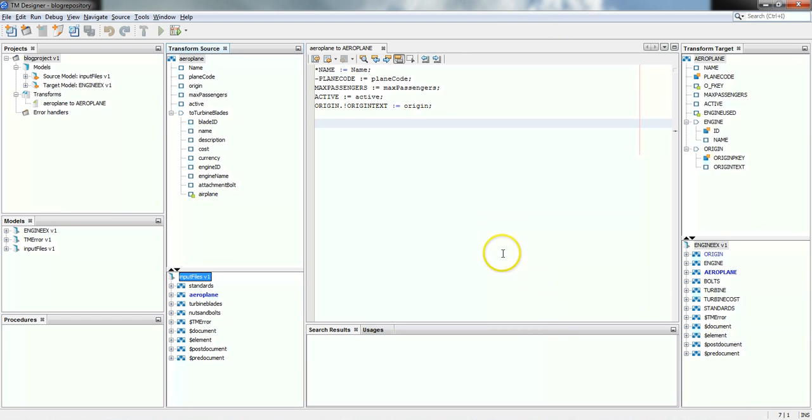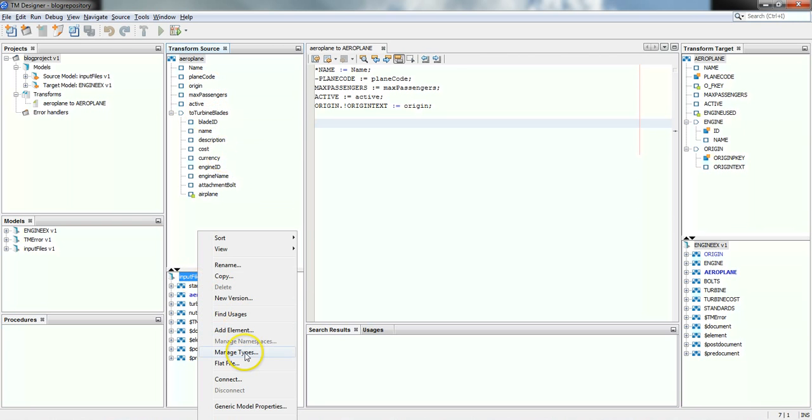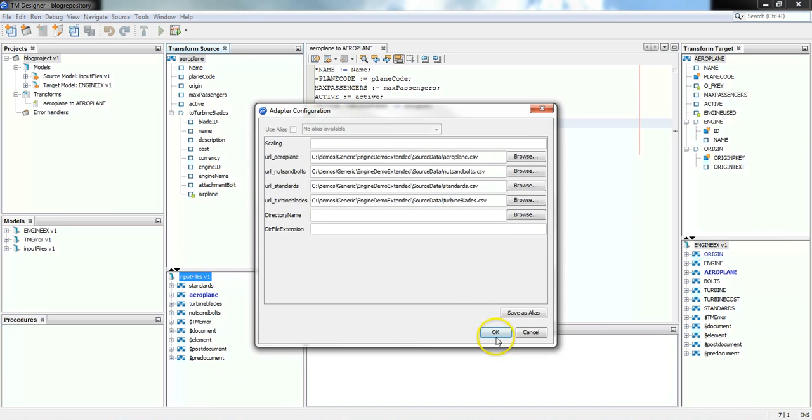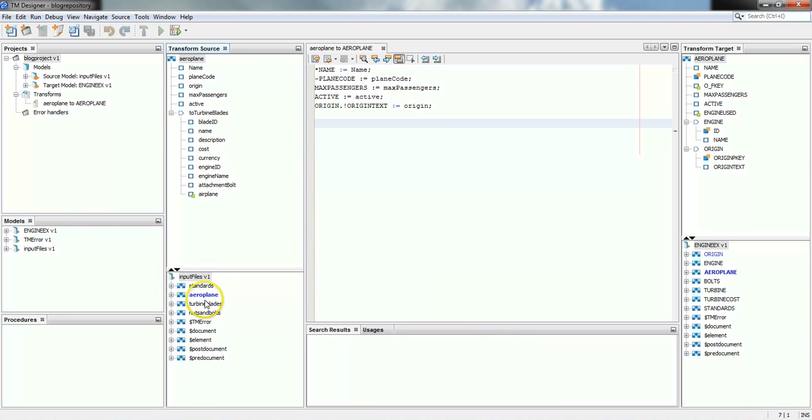As we can see, going back to our project that we're using, on our last blog we looked at creating a relationship from the aeroplane flat file to the turbine blades file, and we called that one two turbine blades. So now when we were looking at that, what we said was there were some issues in terms of the data that we're relating on. So rather than do it directly on a column to column basis, we needed to pass in a parameter, because as we check the data, and we can check it again now just to make sure,